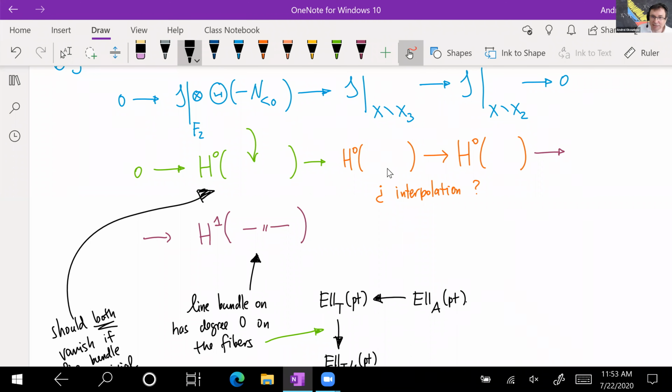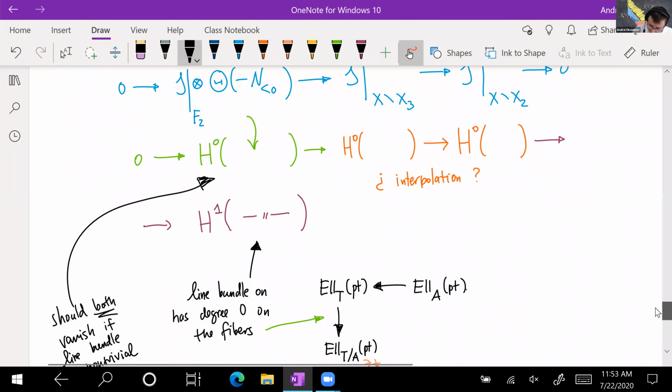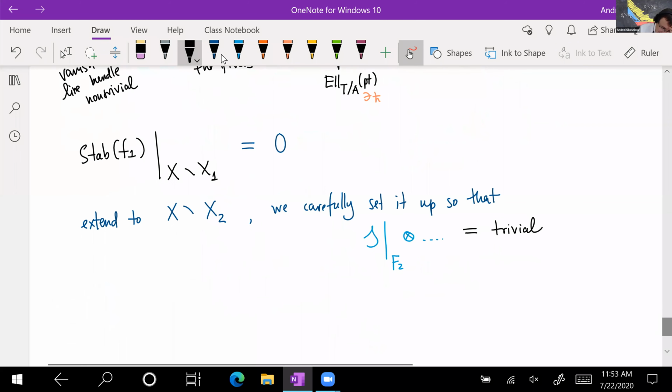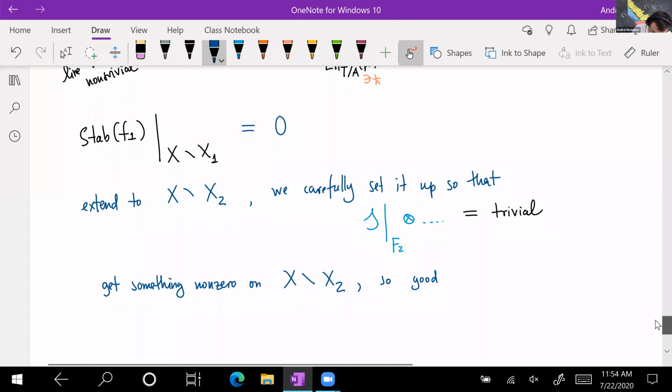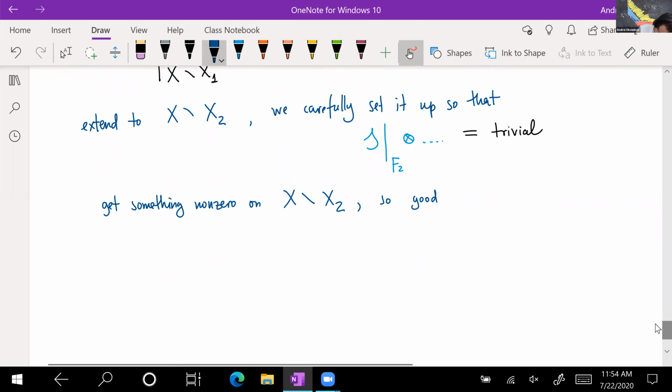So that's okay. Then we get something on X minus X2. It better be nonzero, right? Otherwise, if with so much pain we constructed the 0 class, that's not so interesting. So we constructed it, and now we extend it